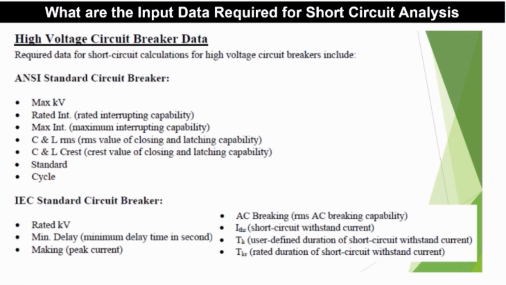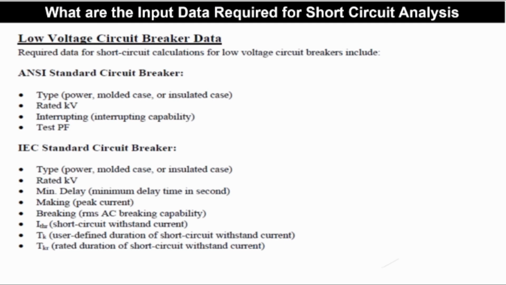For high voltage circuit breakers, you should know maximum kilovolt rating, rated interrupting capability, maximum interrupting capability, RMS value of closing and latching capability, crest value of the closing and latching capability, rated kilovolt, minimum delay, making, that is the peak current. For low voltage circuit breaker, you should know test power factor, interrupting capability, rated voltage, type, power, model